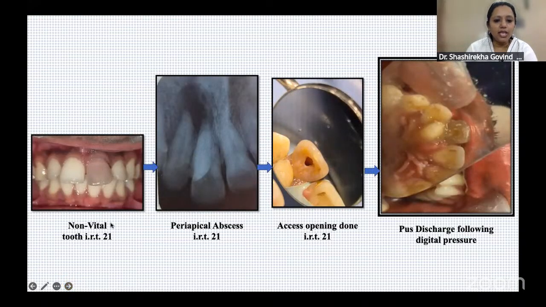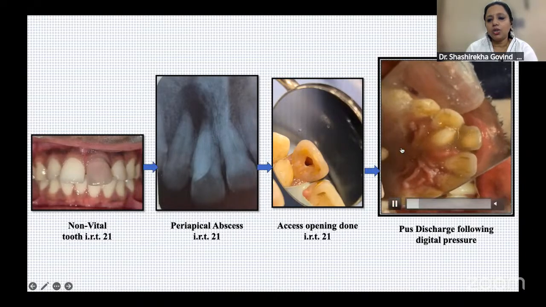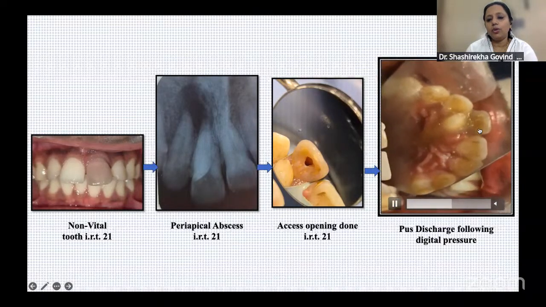This is another case showing a non-vital tooth. So there is a big periapical abscess. Again, it's a kind of phoenix abscess, you can say, or a chronic periapical abscess also you can say, because the patient came only for a discolored tooth, or occasionally there is a not that salty discharge. That's what the patient used to complain. So when we opened it, you can appreciate here, on compression, you have this pus